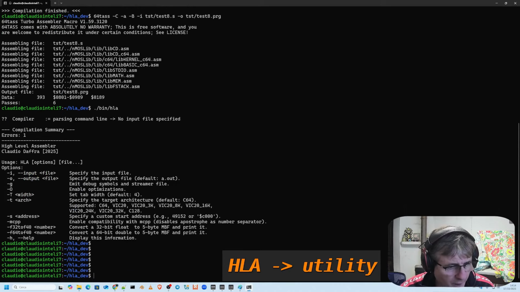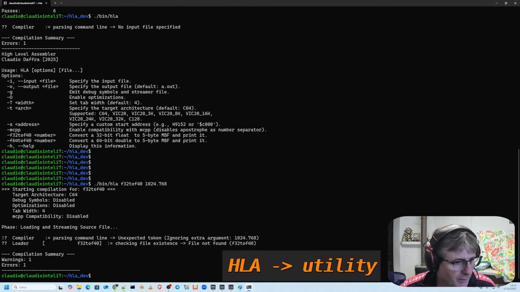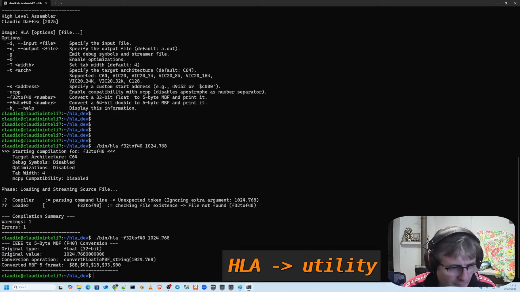For example, if I were to perform the operation minus F32 to F41024.768, we would observe the conversion, and this particular functionality is also a very useful utility provided by the compiler. We have the precise conversion of a numerical value quite clearly. I apologize, you can distinctly see here the minus sign. We have the conversion of a number in 32-bit floating point to the Microsoft format,